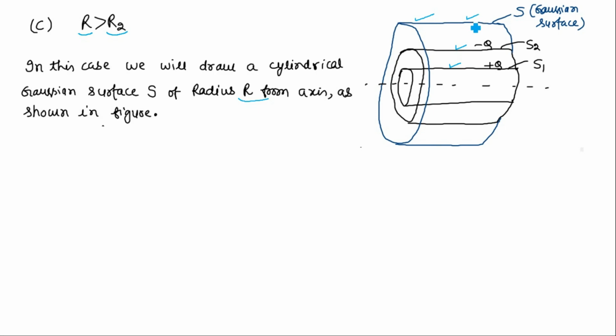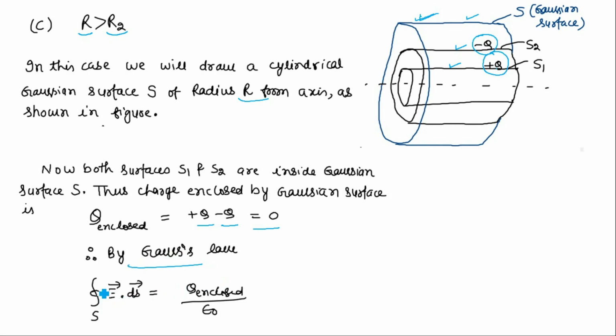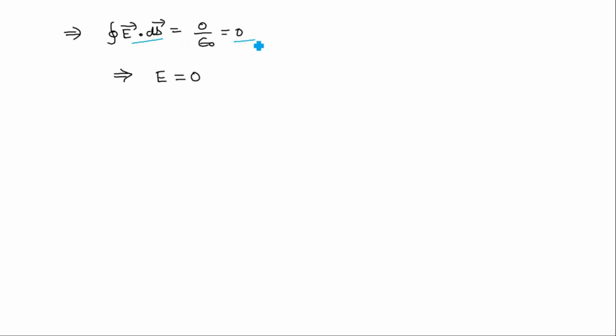So therefore we can say that the charge enclosed by this Gaussian surface will be equal to the sum of this charge and this charge, that is the charge on the inner cylinder and the charge on the outer cylinder, and hence the net charge will become 0. So if we use Gauss law, then integration E dot dS is equal to Q enclosed by epsilon naught, but the Q enclosed is actually 0. Therefore E dot dS will eventually become 0, or the electric field in this case will become 0 at a point outside both cylinders.